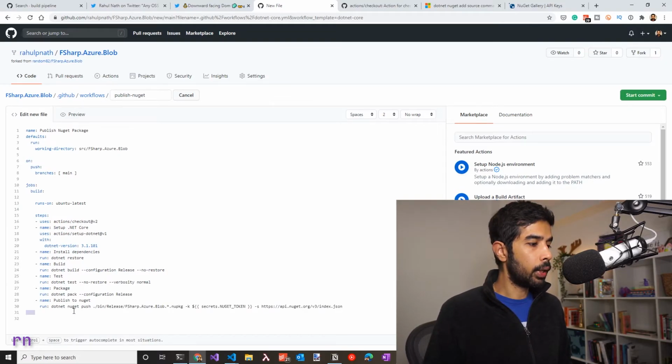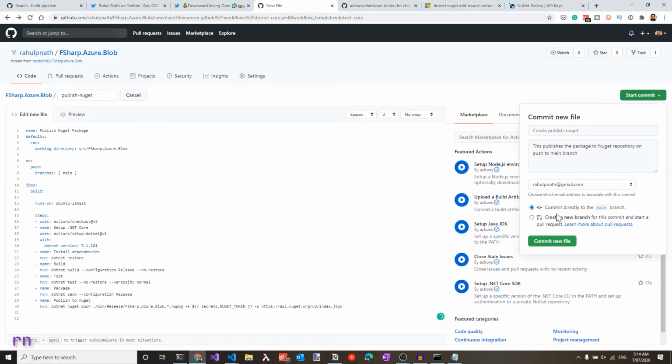The dotnet nuget push the package that we created, which is under the bin release, and with this particular naming convention, we can specify the key that's using the -k attribute and specify it from the secrets NUGET_TOKEN. Also specify the source, which is the NuGet source in this particular case. So once that's done, let's make sure to save this file, because this is going to successfully publish this into the NuGet repository. Commit this directly to the main branch, since this is committing to my own fork of the repository. So let's call this publish to NuGet and add in the relevant description that you want.